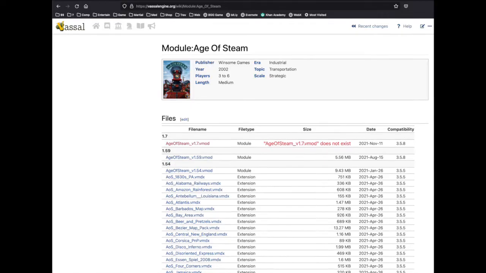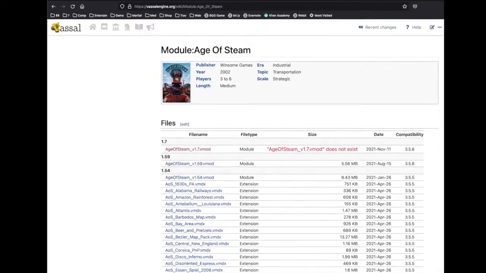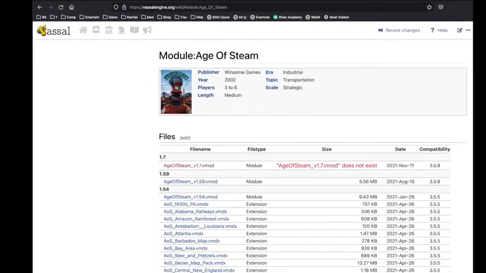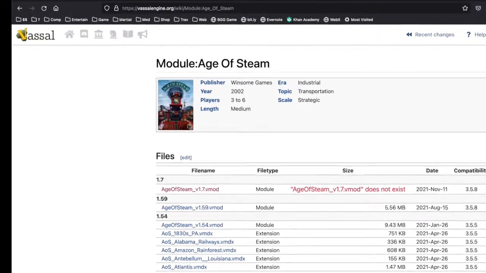This video goes over how to download and set up and use the Age of Steam Vassal module. If you already have it, then you can skip ahead a few minutes. Otherwise, go to the Vassal website, navigate to the module section, find Age of Steam, and download the files you